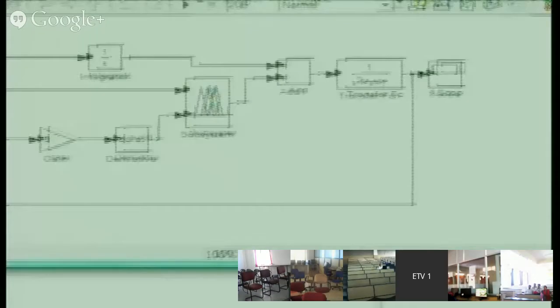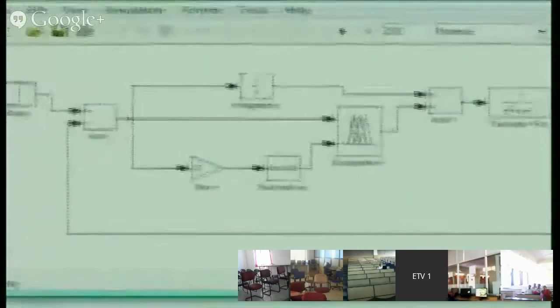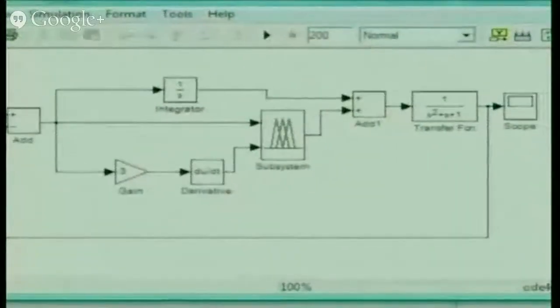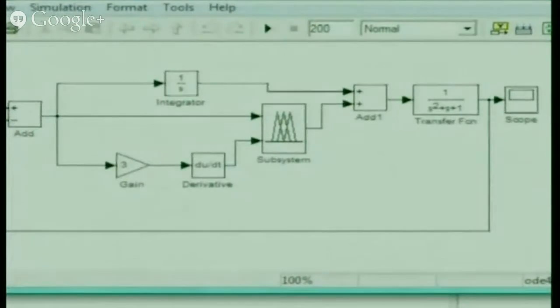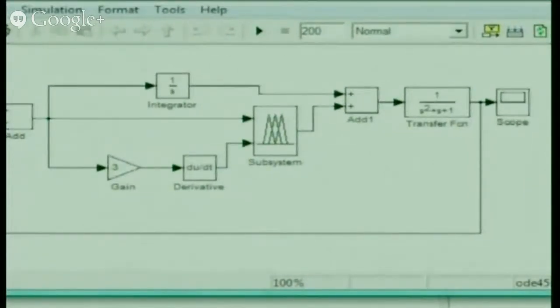So you have, say in Simulink, you have designed a model. Okay, it may be a plant, you have some controllers and all those things. Now you want to add this fuzzy controller into it. So for example, I have taken here a PID controller. Okay, so I think all of you can see this, a small model of a PID controller.